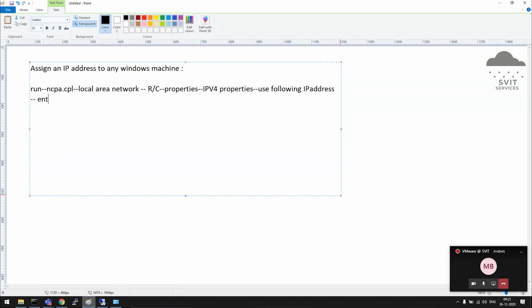Then enter IP, subnet mask, gateway, just OK, just OK.